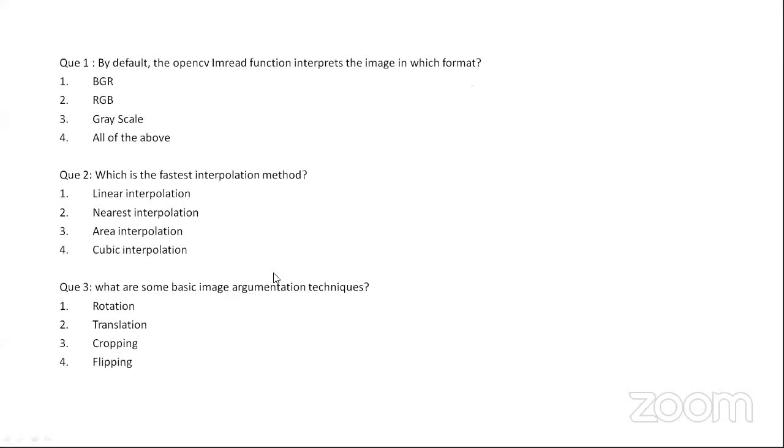Manpreet, are you clear about the question? Yeah, I can see many people are saying one and two, and some are saying all. So, guys, the answer is all. So, just use your thinking capability. Although I only said that rotation and translation are used for augmentation, they are basics. But apart from this, we can have many more augmentation techniques. We also use cropping. We also use flipping in our augmentation techniques.